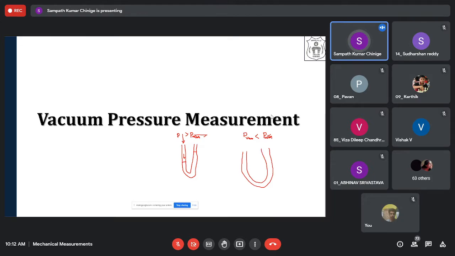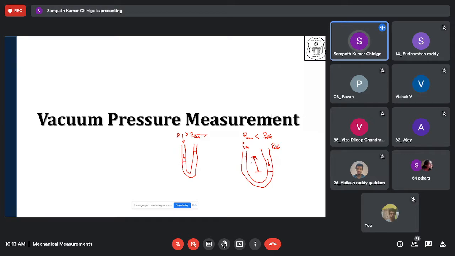So now what is the expectation? On which side the liquid layer will be higher and which side it will be lower? On the opposite sides compared to the first case. That means on the left side we will have a higher level, and this side, let us say this is P vacuum, wherever we are calculating, and on the right side P, which is open to the atmosphere. So depending on this, the height will vary. So this is the simplest principle that we use for measuring the vacuum.